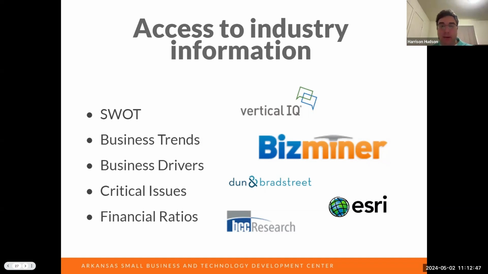They have this thing called tapestries, which matches the different percentages of people within your trade area that fit into these specific categories that would be more likely to purchase certain things. And it answers those psychographic questions. What do they value? What types of things are important to them? And that may be useful for you as you